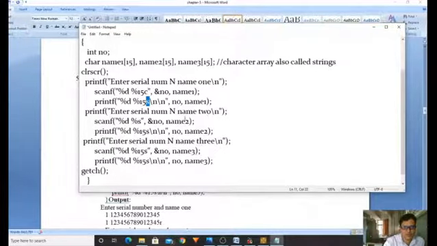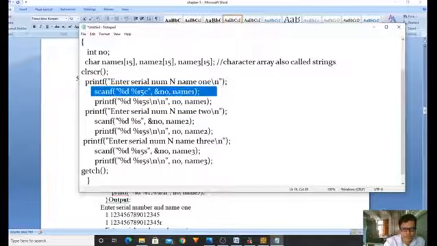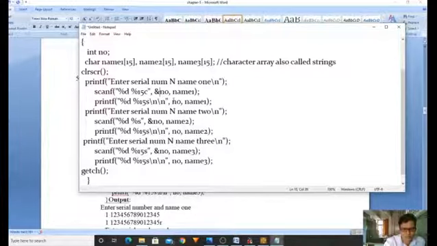Here also, the same thing, we have to read the values. While reading, please observe here, for the integers we are going to be using ampersand. For the character and string, ampersand is not required in scanf, only in scanf. In printf ampersand is not required. Got it? Yes, clear? Here the %15s is given. It will read n number of characters, but it will store only 15 characters.